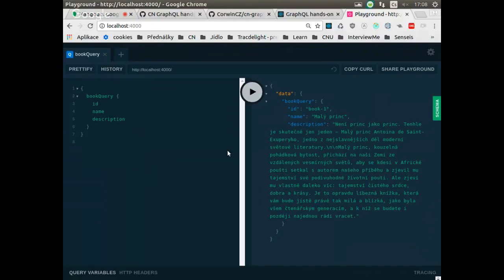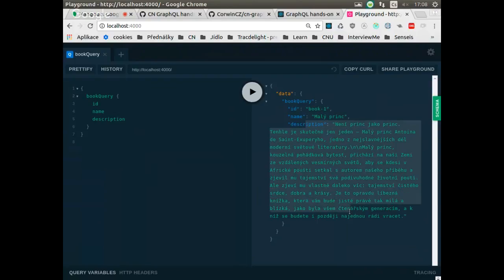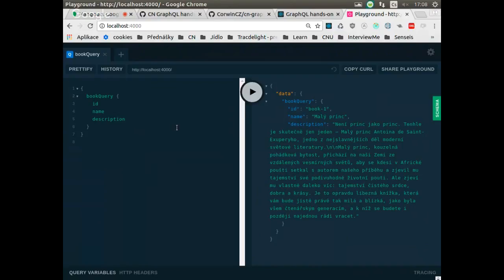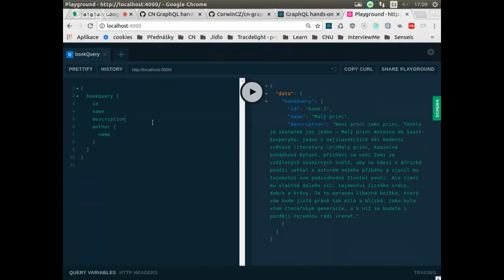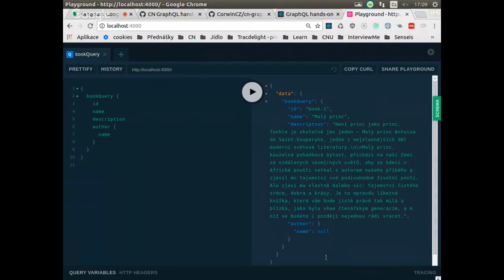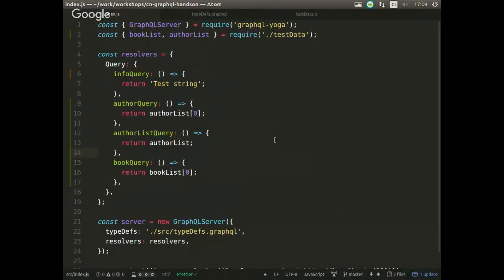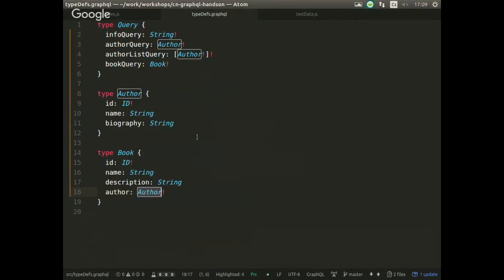And it's here. We have the book of ID book 1, the name Mali Prince, and description again in Czech. Sorry for that. If we add the author, just like here, it is again underlined in red color because the author is of type author and must have some selection of subfields. So we need to again specify what we want from the author type. And we want just a name. Let's run it. And here you can see that the author was returned and his name is null. But the author itself is here. So what we can do with it is implement the resolver that will make the linking between the author and the type correct. Before jumping into that,